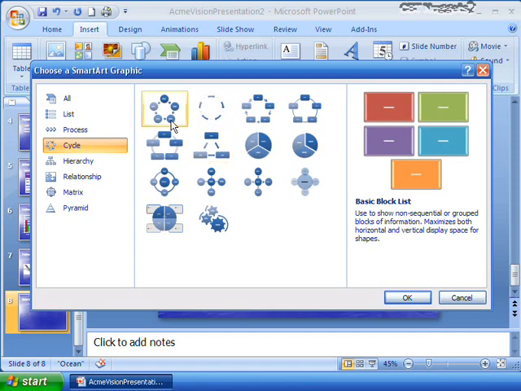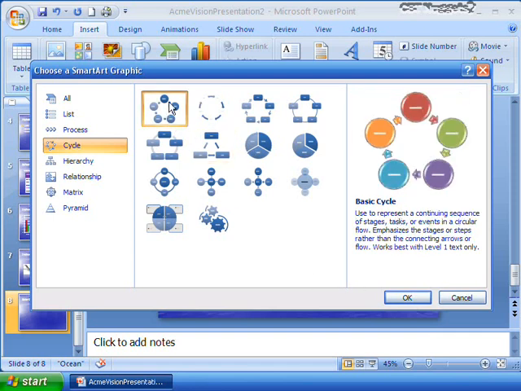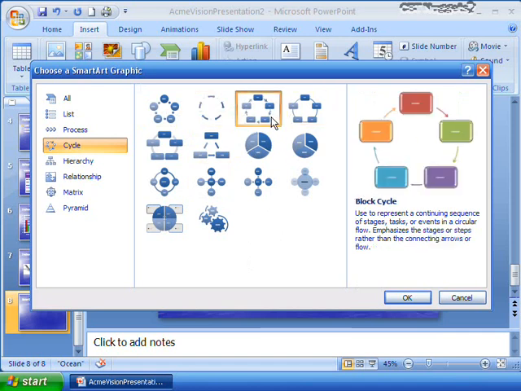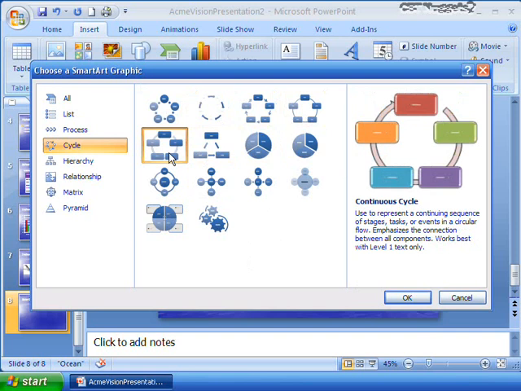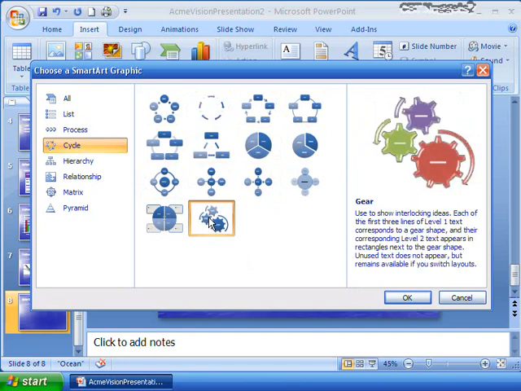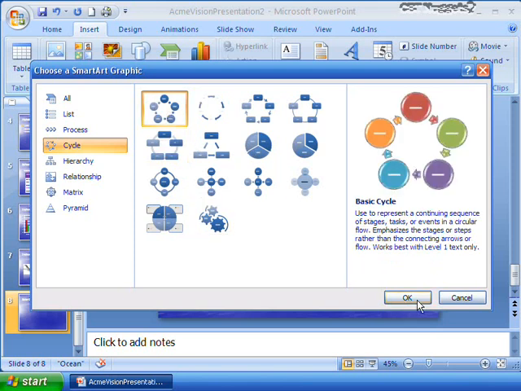Okay, and so we go ahead and we select one, and it tells you here's a basic cycle. Here's a text cycle where the text is in between the arrows. You've got a block cycle. You've got continuous cycles. Maybe there's a continuous, or maybe a multi-directional where, sometimes if you do this, that can then go here to there, or then you can go backwards. It all depends on how you want to do it. So there's all different kinds that you can do. Gears, interlocking ideas. So they give you a lot of really cool things here with the Smart Art graphics, the new diagrams. So I'm going to go with something fairly basic, a basic cycle here,